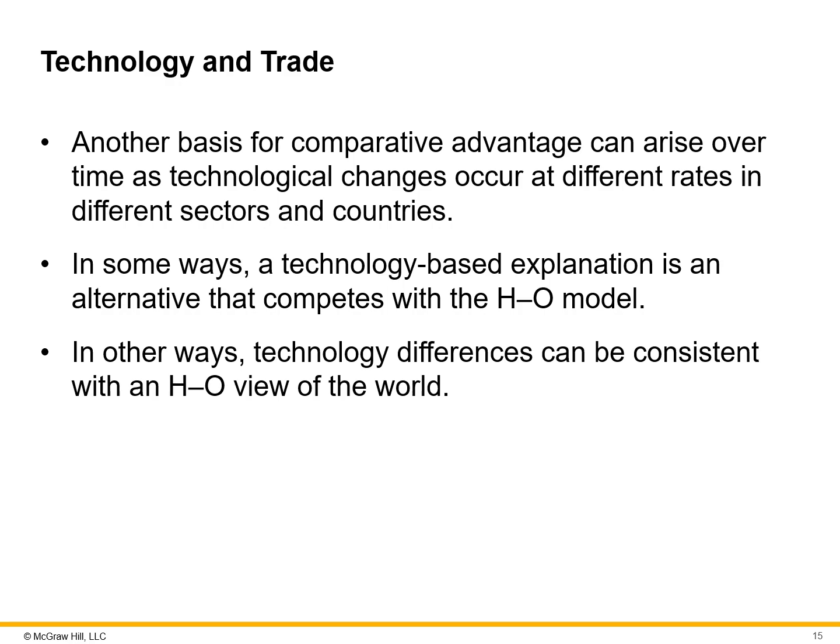And in other ways, technology differences can be consistent with how you see the world. One example is South Korea's leadership in memory chip technology, which drives its export dominance. They have labor costs that are larger than other countries, and that's why chips are important in the United States, because it's going to drive down labor costs by the use of technology